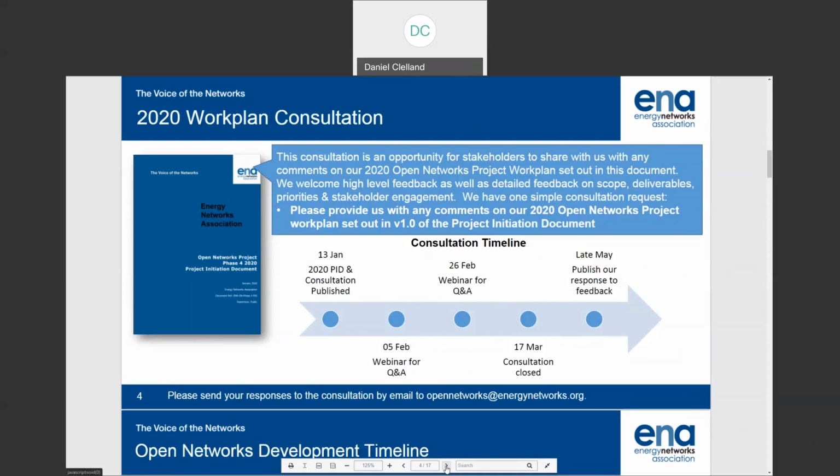In terms of the timetable for that, it was actually published in mid-January. We've got a couple of webinars giving people the opportunity to ask questions, with the consultation closing on the 17th of March, and we will then update this work plan in response to the responses we've had from yourselves.